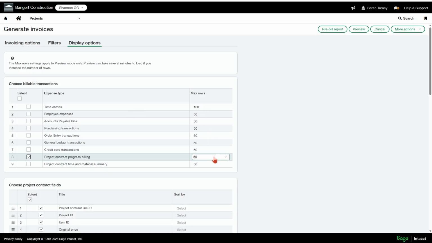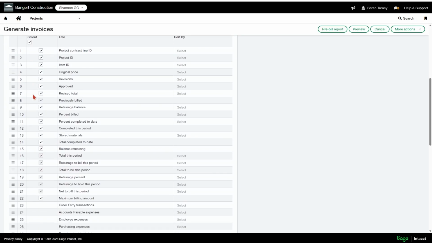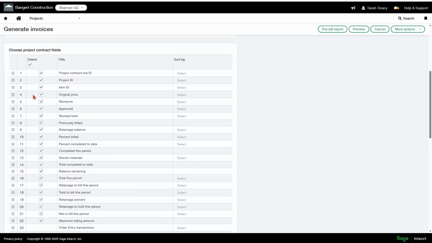And over here on your max rows, let's say you have very large schedule of values, you might want to increase the number of rows that you see when you go into preview. I'm okay with 50, so I'm going to leave it like that. And then down here in your project contract fields, you might want to turn off or move around some of these fields.